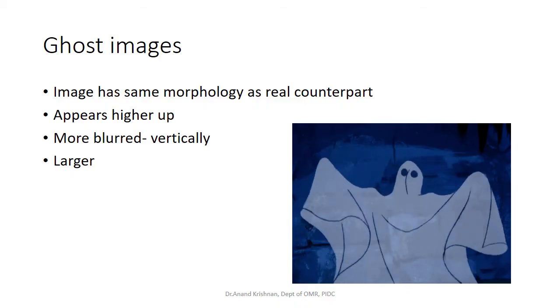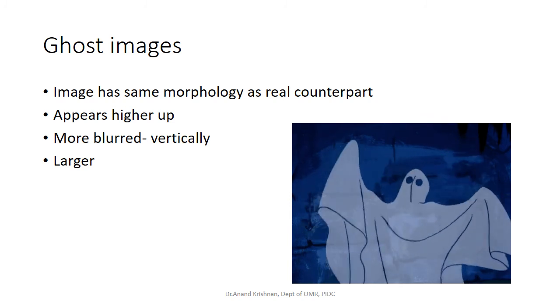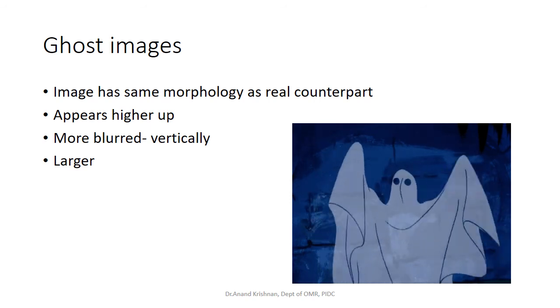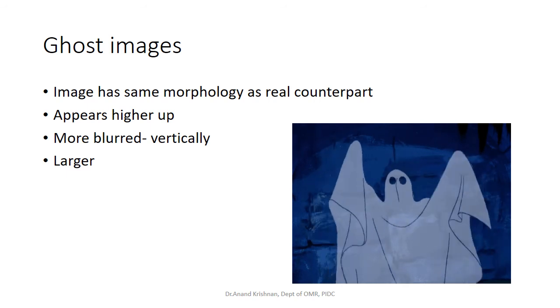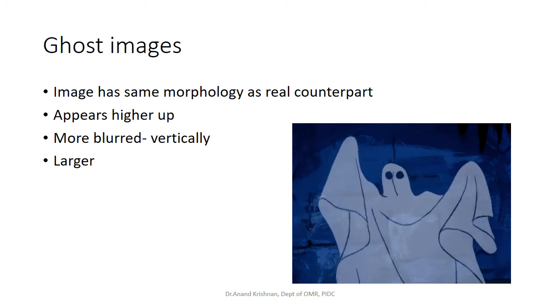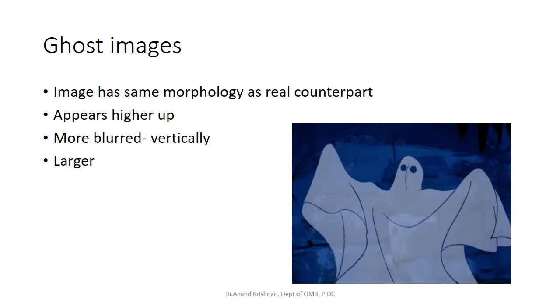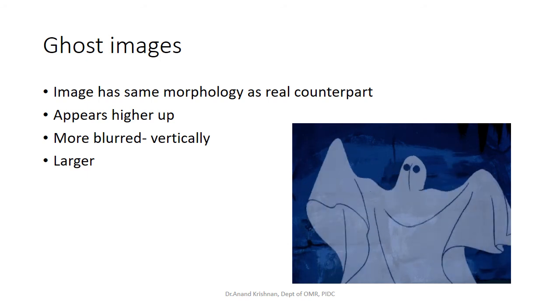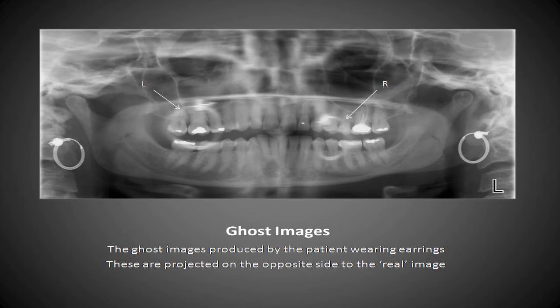So that brings us to ghost images. So what are these ghost images? When you take an OPG, I told you there is going to be a reciprocal movement and a semicircle. Let us say, for example, while the source is on your left side, the focus probably will be on the left side of the mandible, or the right side of the mandible. But when the source comes to your right side, this is automatic first, okay, which means the image